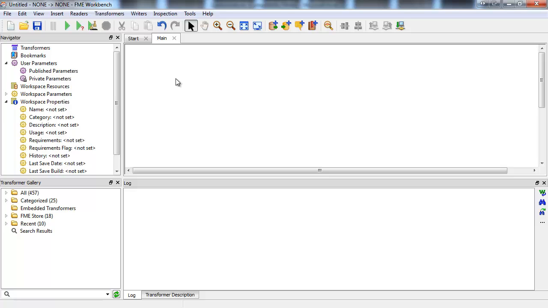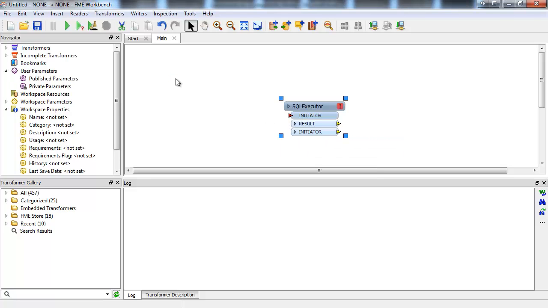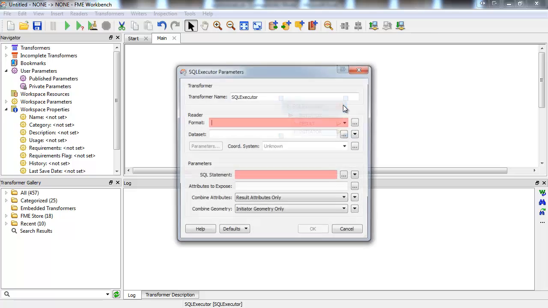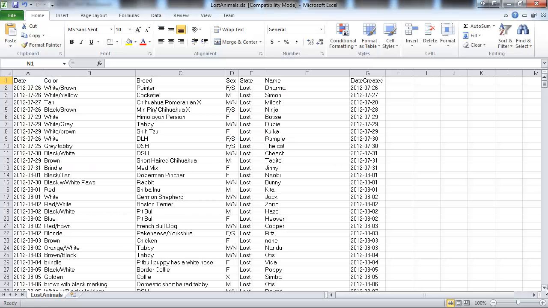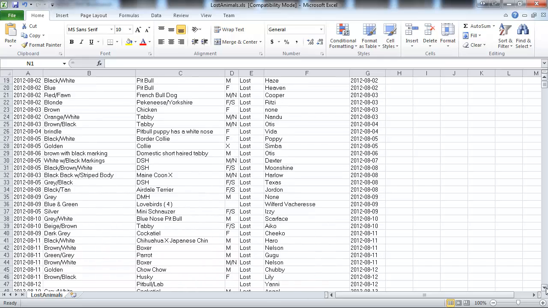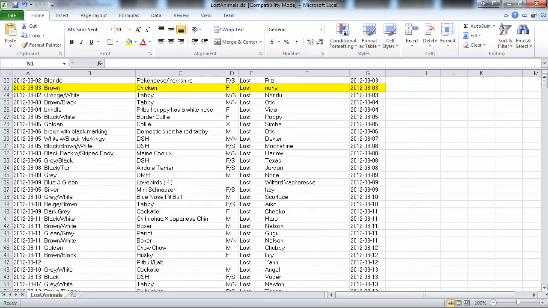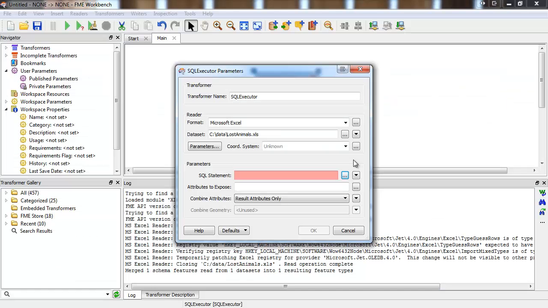In this example, we'll use the SQLExecutor transformer to update a cell in an Excel spreadsheet. I have a dataset of recently lost and found animals in Vancouver. And you can see that somebody has recently lost a chicken. Well, I found a chicken wandering around yesterday, so I'd like to update the row to say that this chicken